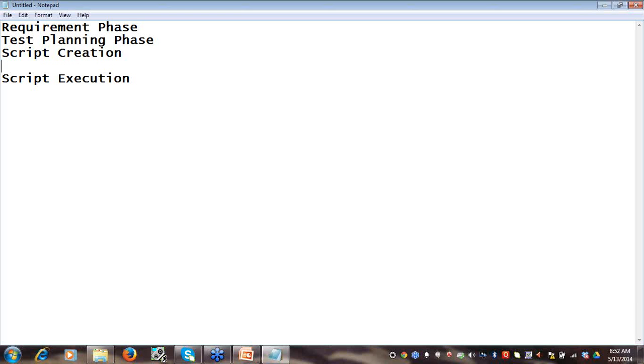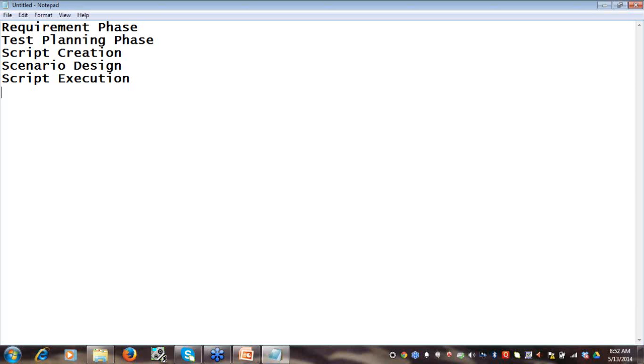Before script execution there is a scenario design, which is done by different components of LoadRunner, so you would be working on different components to execute a project.